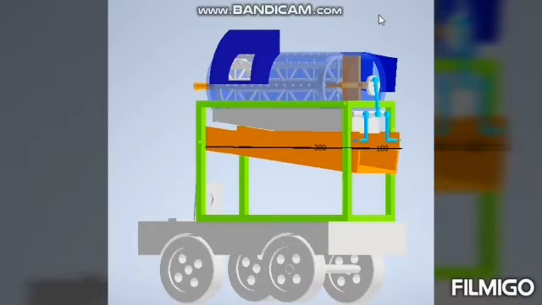Coming back to the final thresher model, let us now look into how the actual threshing process takes place. This is the feeder where the grains will be fed. It is fixed with an IR sensor which senses if the grains are being fed or not, and if the grains are being fed, it gives signal to the motors and the motors get switched on, due to which the threshing cylinder and the perforated plate get switched on. After this, the grains fall into the threshing cylinder where the actual threshing process takes place and the grains get separated from the chaff.